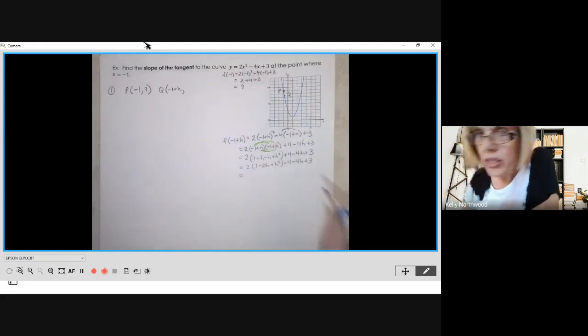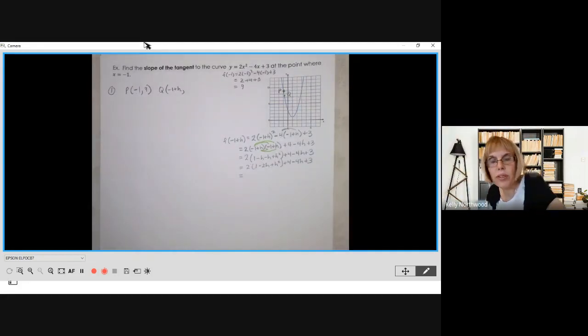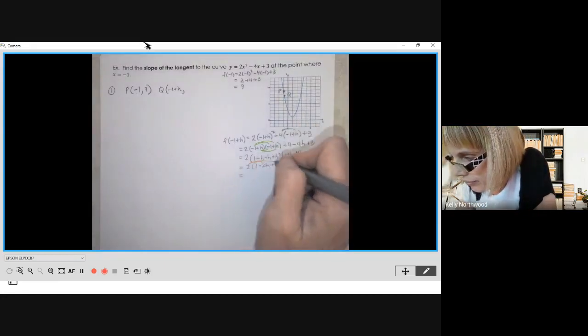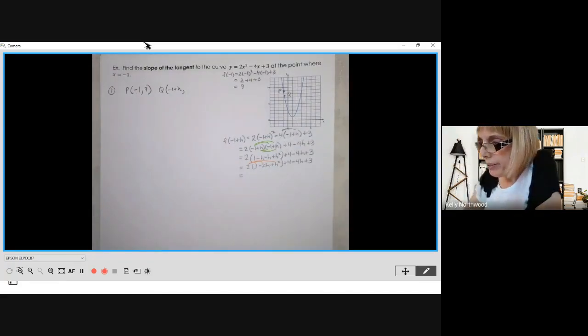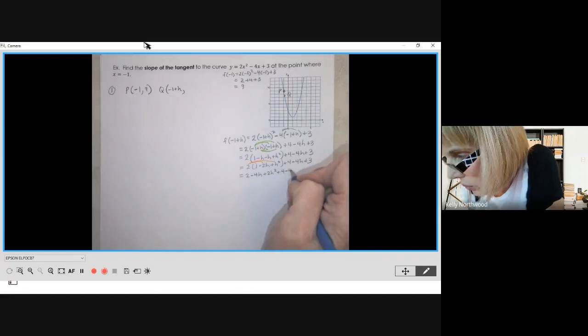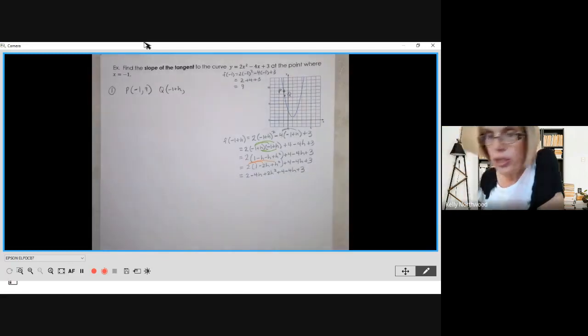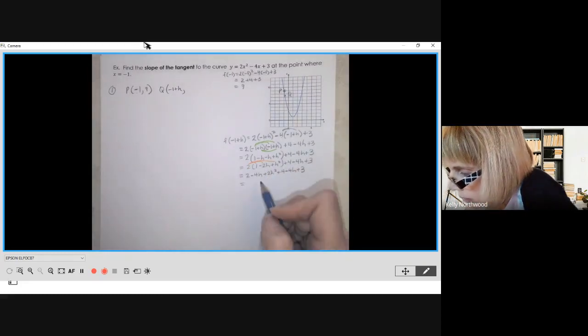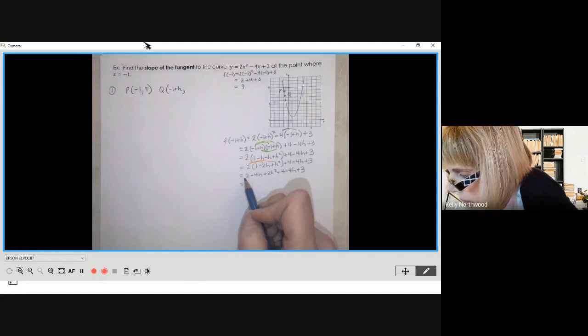And again, these calculations take a while. Just be really careful with signs, and there's a bunch of different ways you can make tiny little errors that don't make it come out right. I've done it many times myself. I have to go back and say, okay, what did I do wrong there? And usually it's a sign, or I didn't multiply every part through by 2, something simple, but that's usually where it happens. So now I'm going to collect my